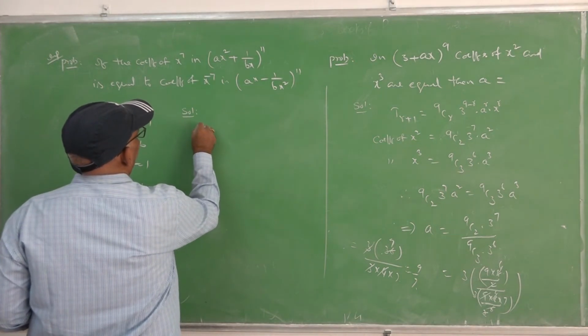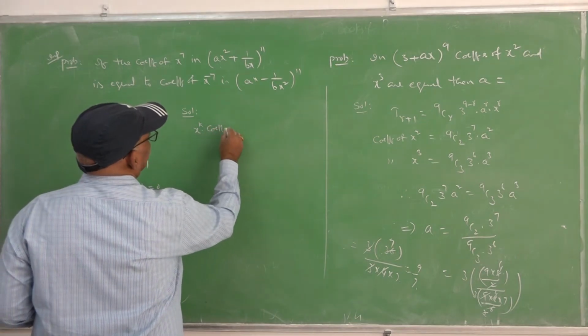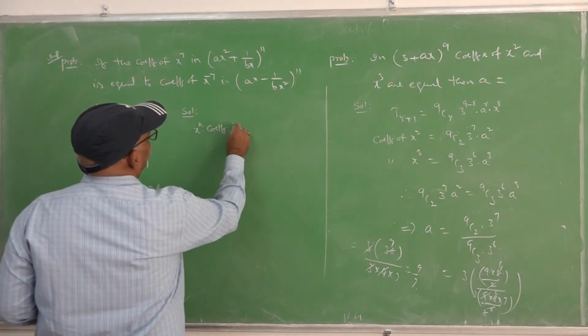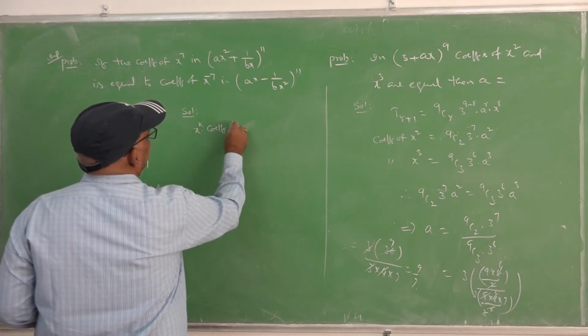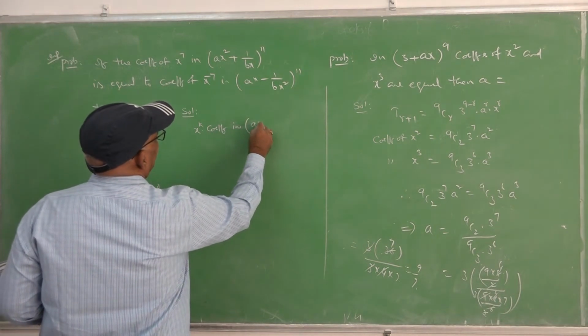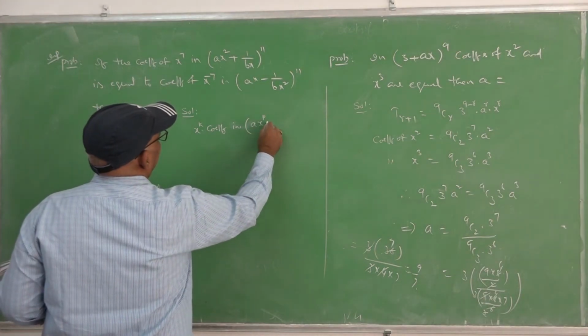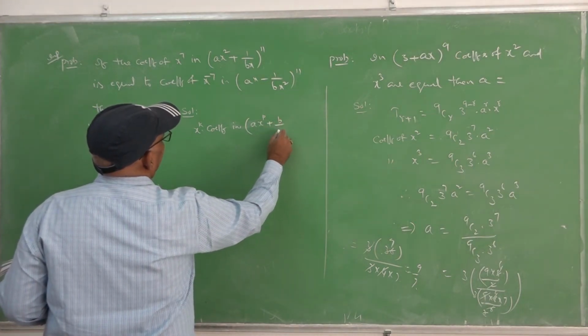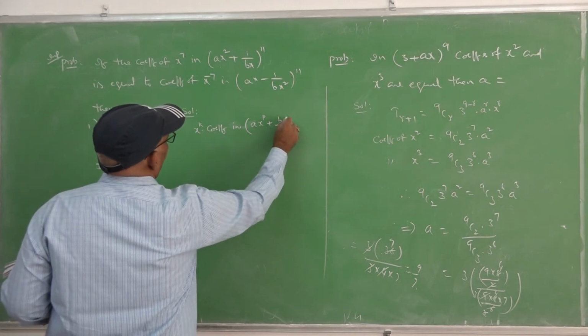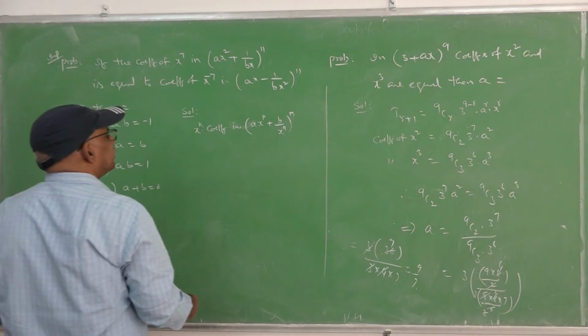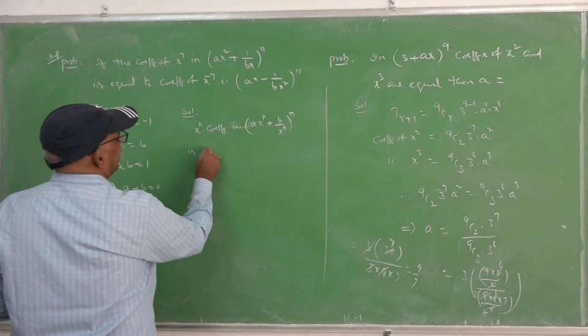X power k coefficient is obtained. X power k coefficient in (a x power p plus b by x power q) whole power n is obtained